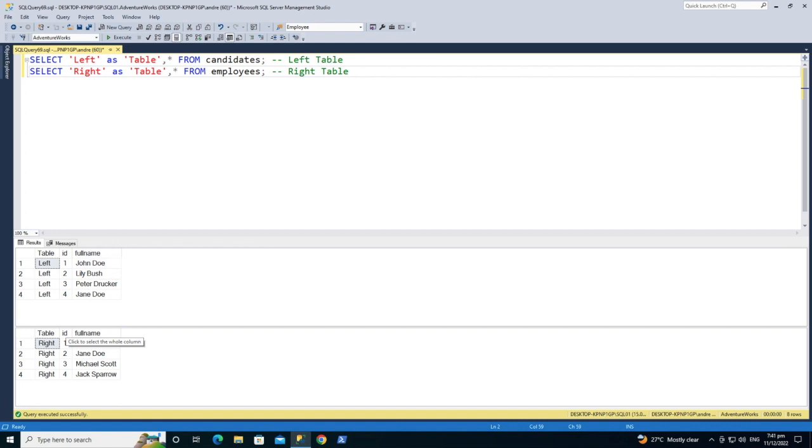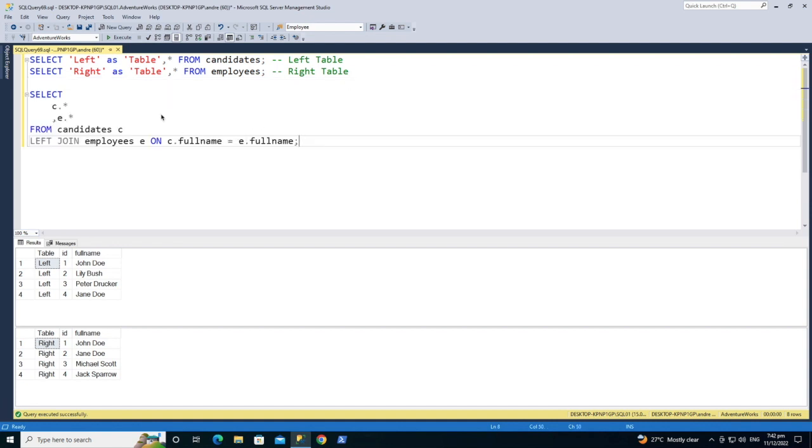So I'll be starting off by using our left join. So our statement would look like this. We'll have our select keyword, then we'll be providing the columns that we want to have returned. Now, in using this statement, what we have done is created an alias for both tables. So for the candidates table, we have referred to it as C, and for the employees table, we have referred to it as E. So what is being displayed here for the returning columns is C, which is the candidate table,